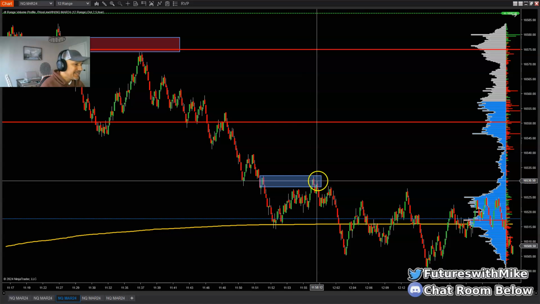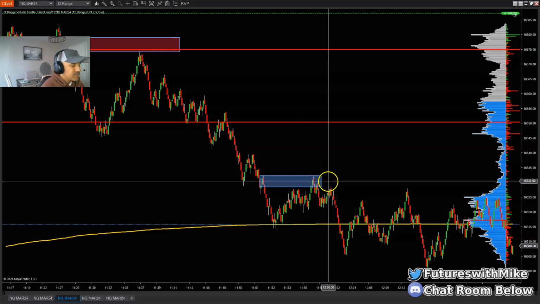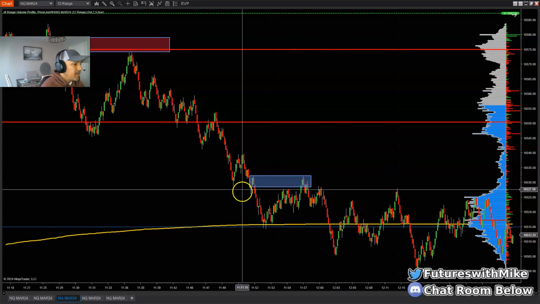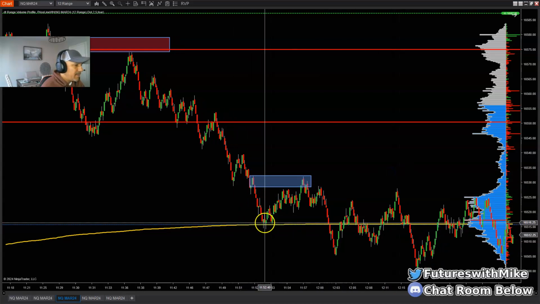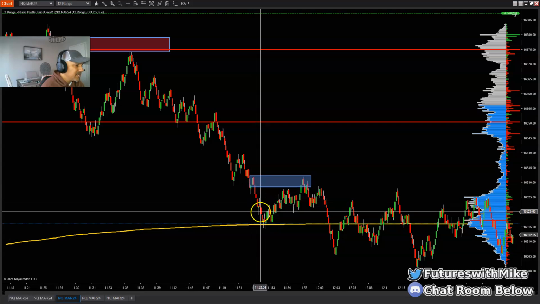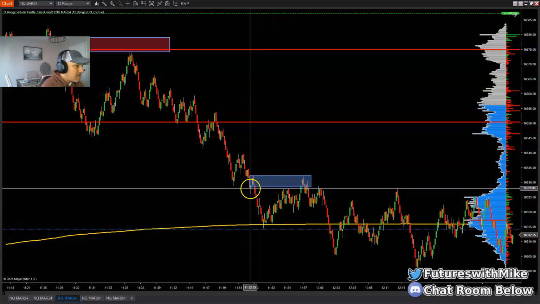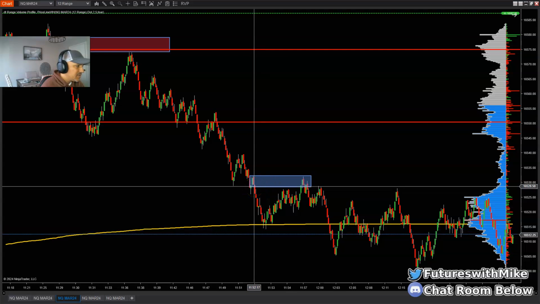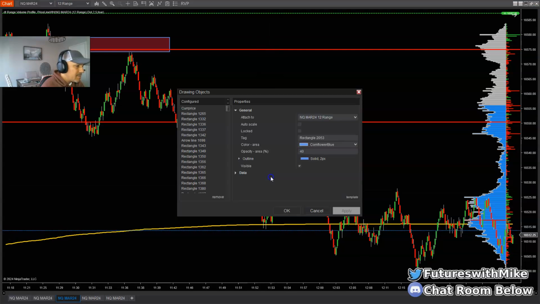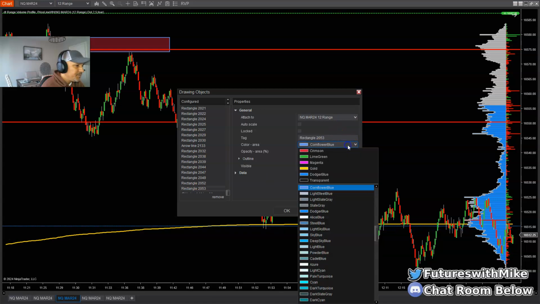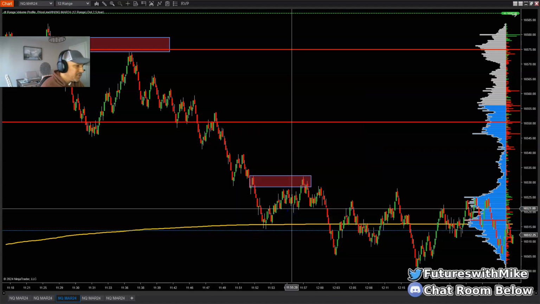Okay, now I missed this opportunity, but I did post it over in the Discord and let everyone know that that was an actual short. But anyways, this was a push down, pull back, break of structure, aggressive selling to the downside, came back up to the zone here. All right, there was a small gap, void back to the zone of supply right here. I'm going to go ahead and mark this as red because it was a supply zone, and I'll leave it blue until then.